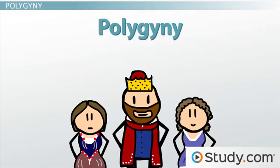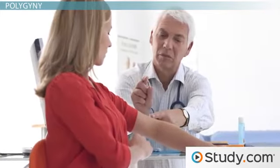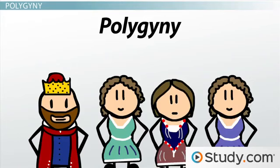Trying to make this one easy to remember, I linked the letters GY in polygyny to the GY in gynecology. For those of you who don't know, that's simply a branch of medicine devoted to women. Again, using some mnemonic tricks, we could also remember polygyny as a guy named Paul being married to Jeannie, Janine,